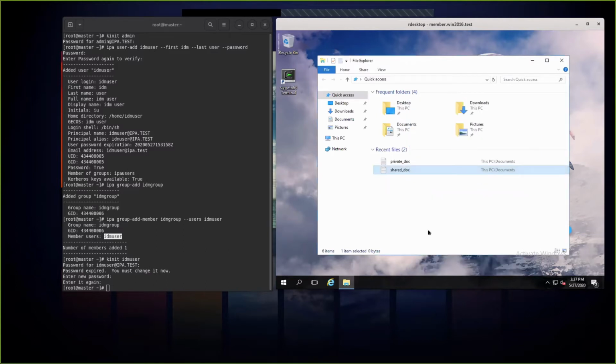Okay. So now I need to open a second RDesktop window, but this time it will be with my IDM user credentials.